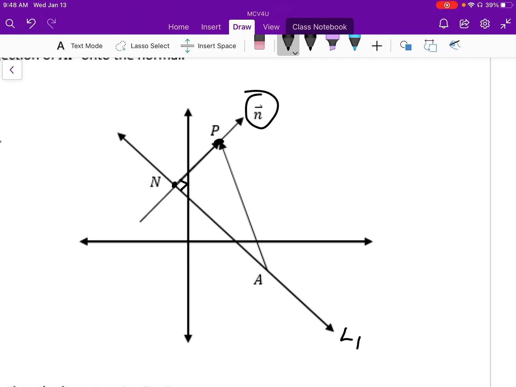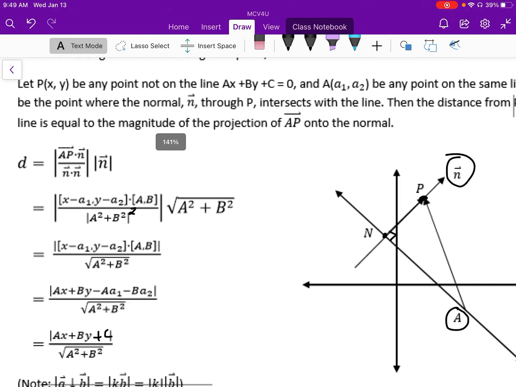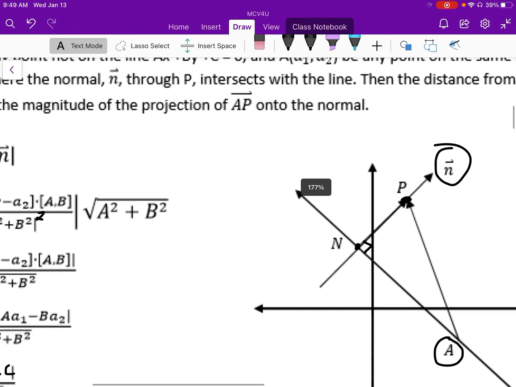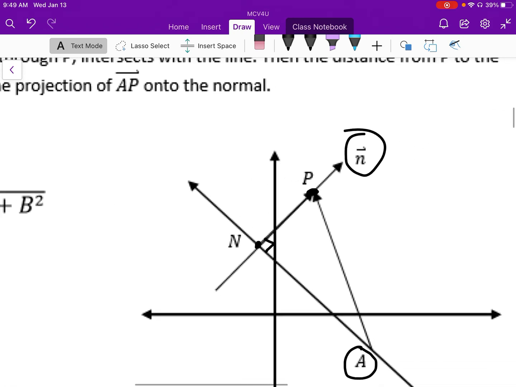AP would be the vector that's formed from a point A on the line that we know, just like we've developed in the past. So from this setup, we can see that the distance we're looking for, right here, is basically the magnitude of the projection of AP onto the